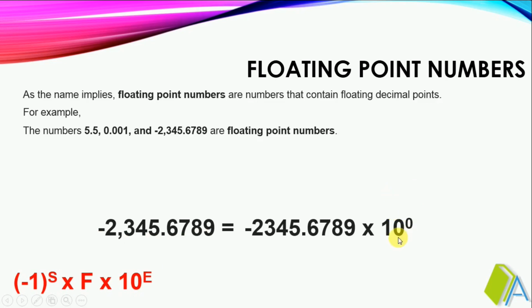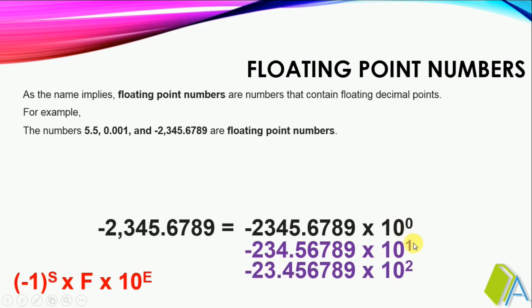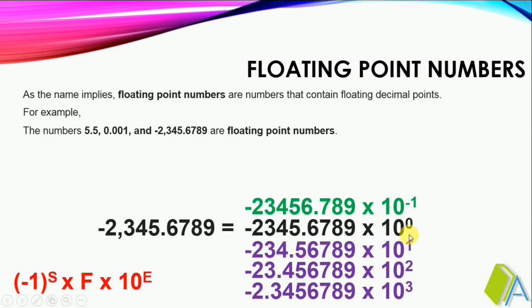Again it can be represented by shifting the decimal point left. As you shift the decimal point left, the exponent value gets incremented. If you see here, now I have shifted my decimal point. Here my exponent value is getting increased. Again I am shifting. As I am shifting the decimal point towards left, the exponent value is getting increased. If you see here, I am shifting the decimal point to the right side. As I am shifting the decimal point towards right, the exponent value is getting decreased.